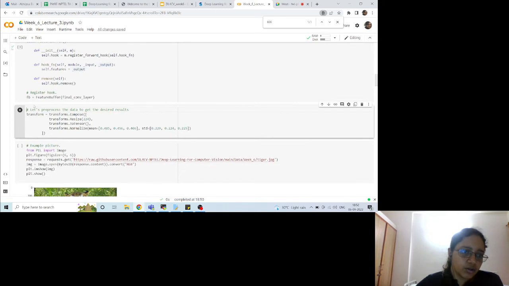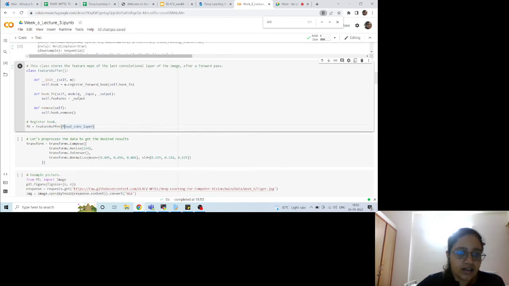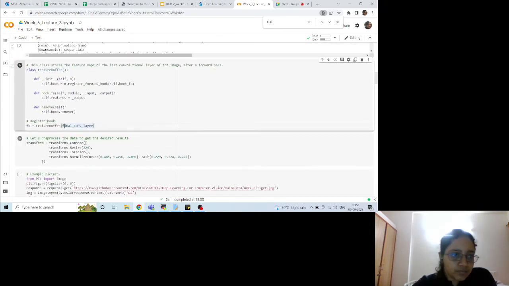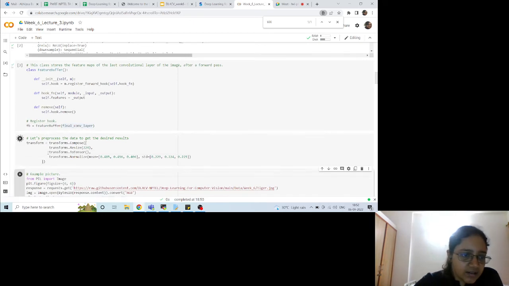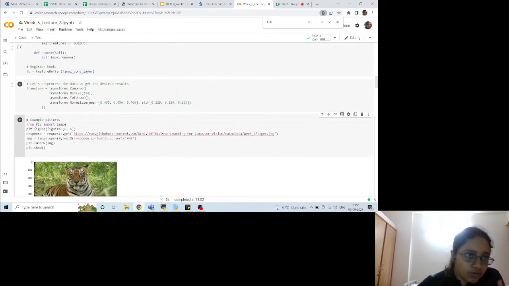So let's create an object of this function called fb using the final conv layer. Now that you have passed this, it will store the feature maps for you. Okay, so we ran this. Next, we already talked about this last time, we wanted to do some